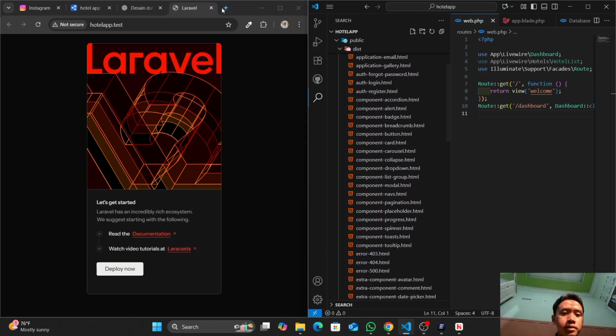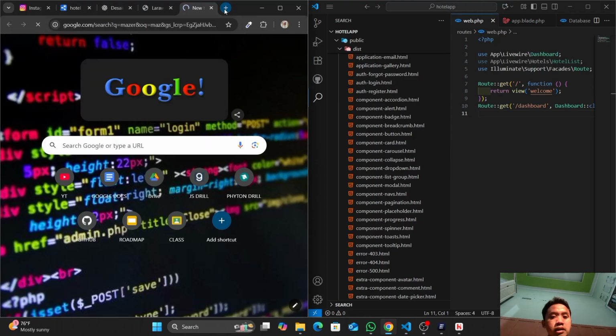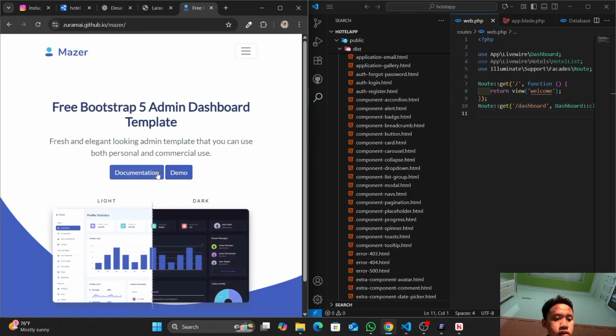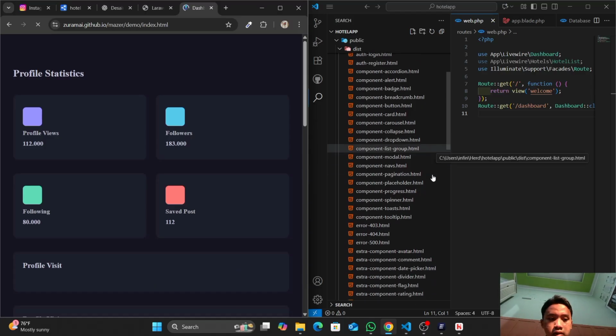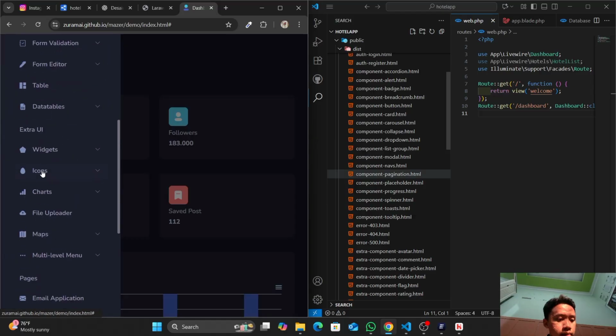The template is available, so first of all I will use the default layout. In Livewire, we have to use a master template for every page.